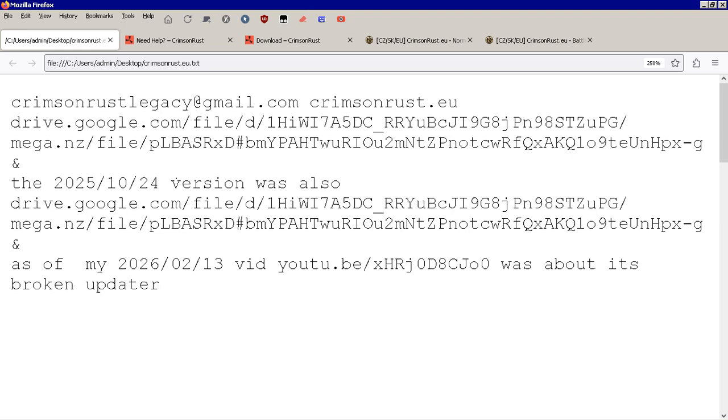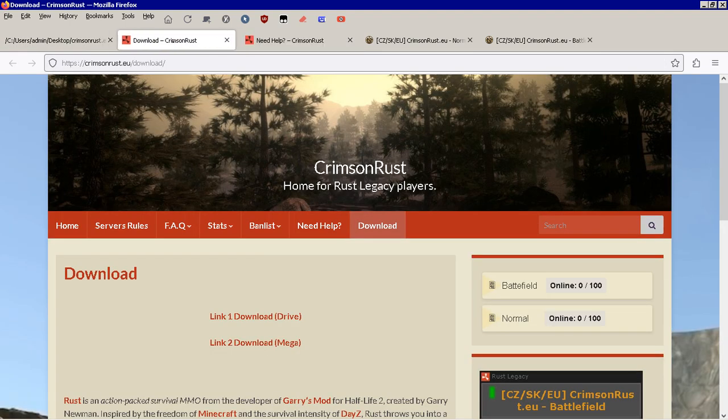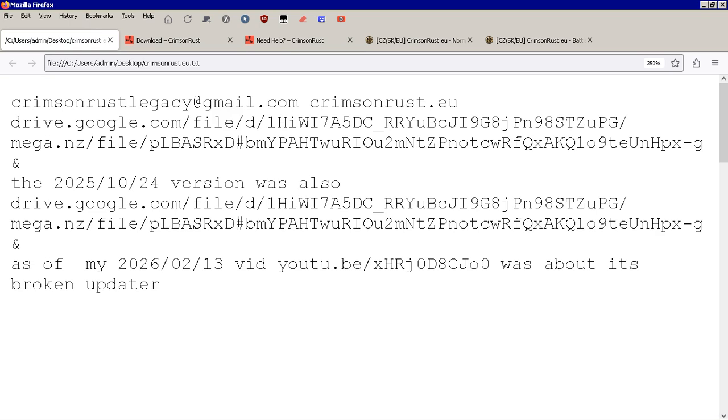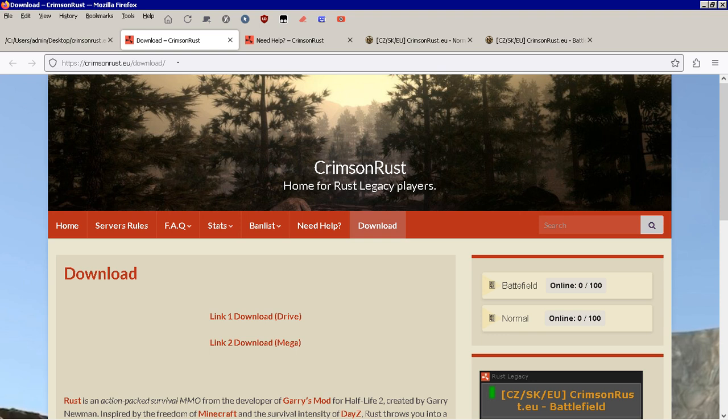So we're going to get to the first page here, the download page. Now remember, the links are ZUPG and HPXG. This is a current copy of the crimsonrust.eu download page. And when we hover over the Google Drive link, if you can read down there in the bottom of the screen, you're going to have to change your video to 720p to get a 1:1 ratio in your pixels, and then max screen it full screen. It ends in ZUPG. The mega link ends in HPXG,